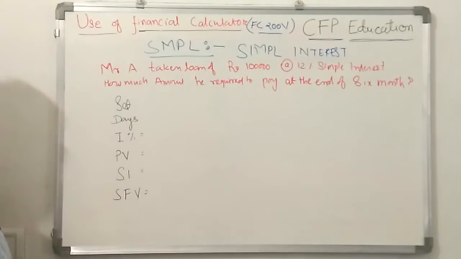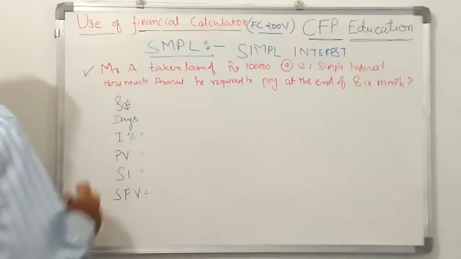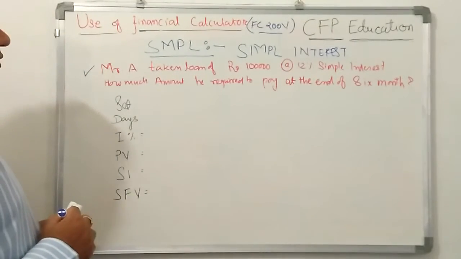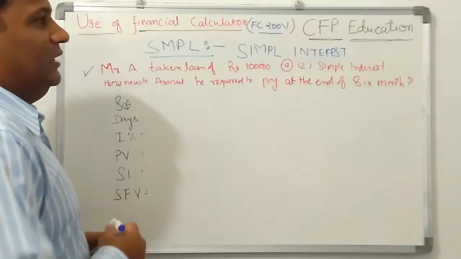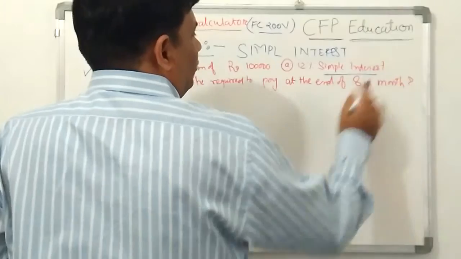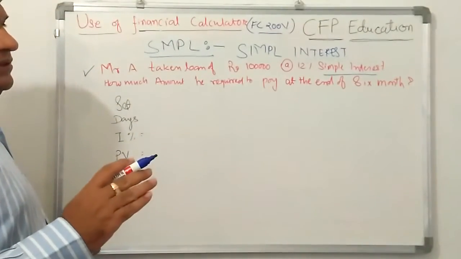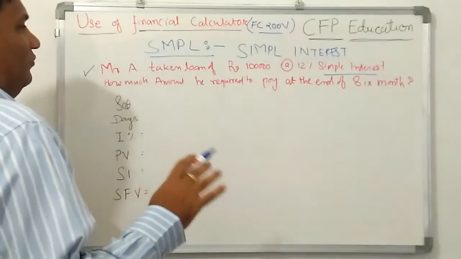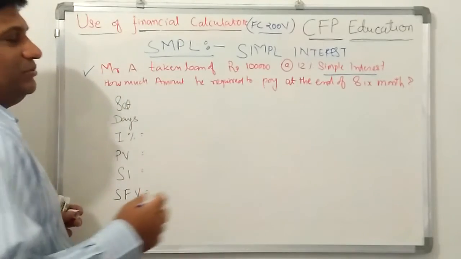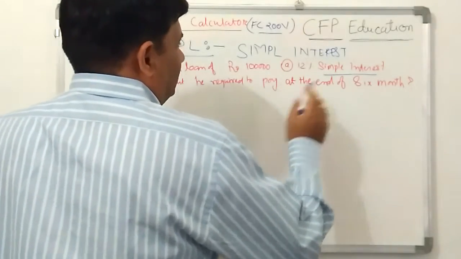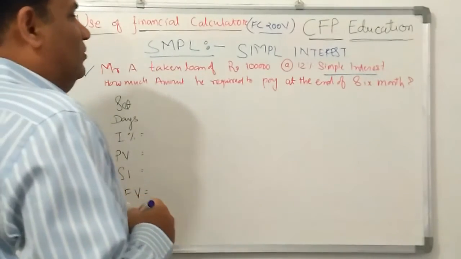To understand simple interest calculation, let's take one example. Mr. A has taken a loan of rupees 1 lakh at the rate of 12%, and he has to pay simple interest. It is not compound interest, so he does not have to pay interest on interest. Here we calculate simple interest and how much amount he is required to pay at the end of 6 months. Always this simple interest is calculated on a daily basis. So let's